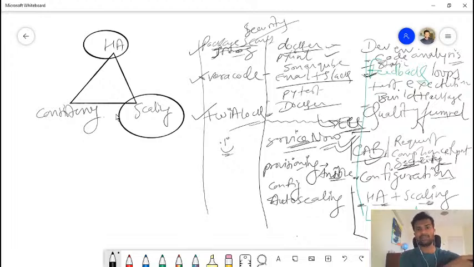Very good example, social networks. Okay. If I choose between HA and consistency, then scaling would be a problem. An example of that would be your relational databases. If I choose between consistency and scaling, then high availability is an issue. Okay. So that's another thing there. So make sure that you understand that these concerns are always in the picture.